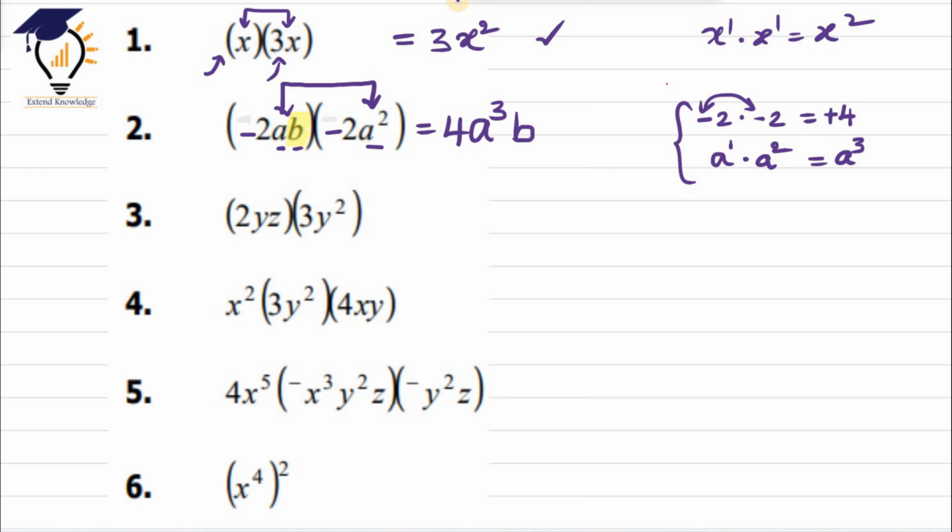Coming to the third practice problem. Look at the coefficients 2 and 3 are there, no? So just simply multiply this coefficient 2 and 3. So 2 times 3 is 6. So I can put 6 here,